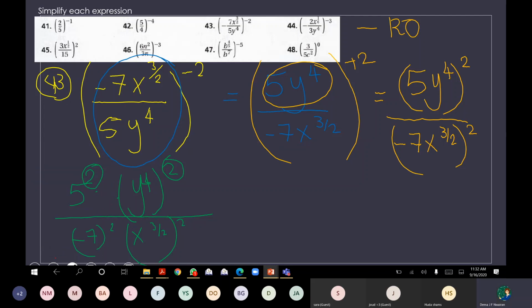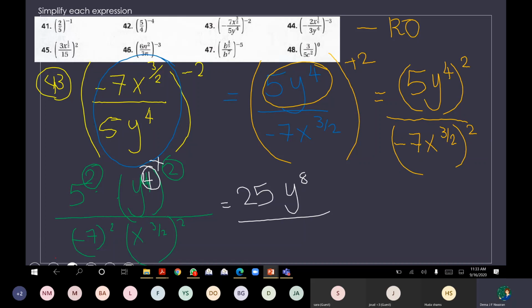After that, let's now simplify. 5 squared is 25. Y raised to the power 4, and they are raised also to the power 2. What should I do now? I will multiply the powers. So it will be y raised to the power 8, because I multiply 4 multiplied by 2. Because here we have a bracket of y raised to the power 4 raised to 2. So it will be y to the power 8 over